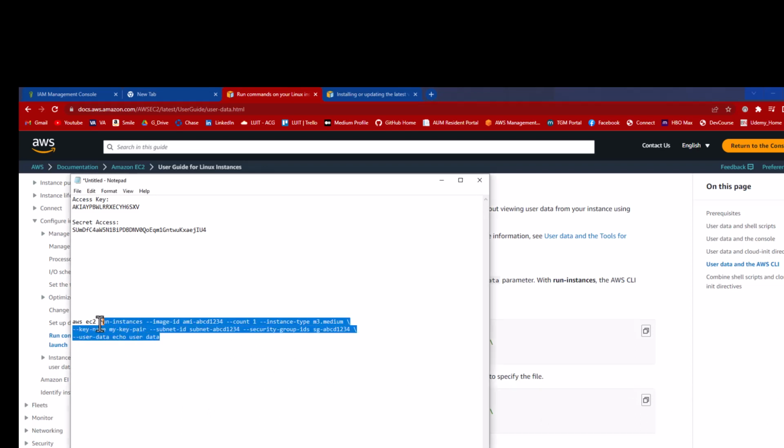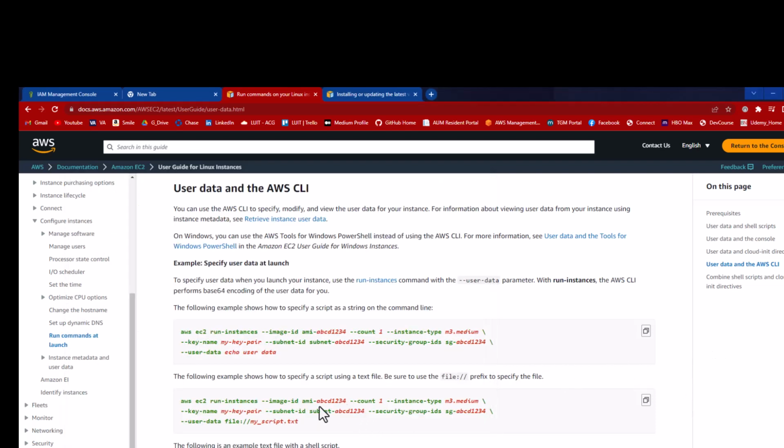Actually, this is not the correct example I want to copy. It is the one below, when we are going to be specifying the user data file with a script that we're going to author. So let's copy this example